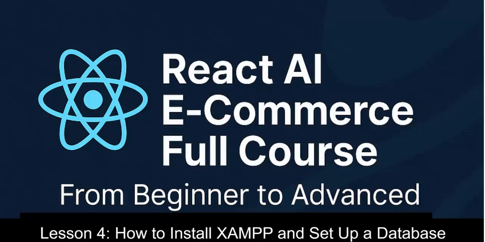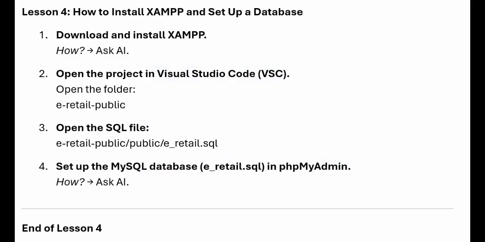Lesson 4. How to install XAMPP and set up database. Download and install XAMPP. How? Ask AI. Open the project in Visual Studio Code. Open the folder eRetail Public. Open the SQL file eRetail Public